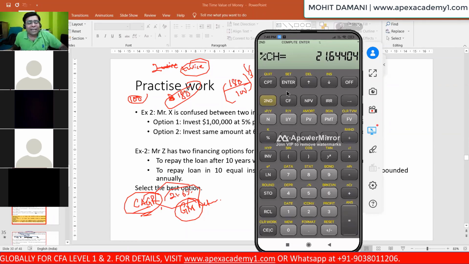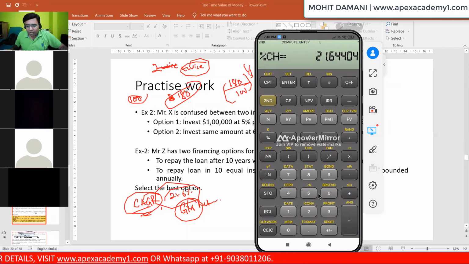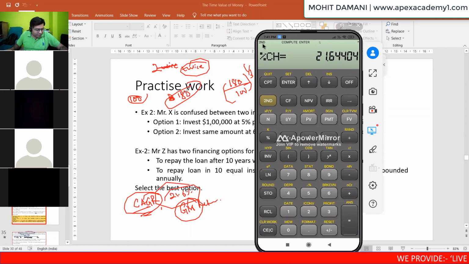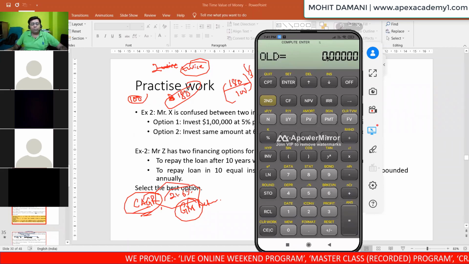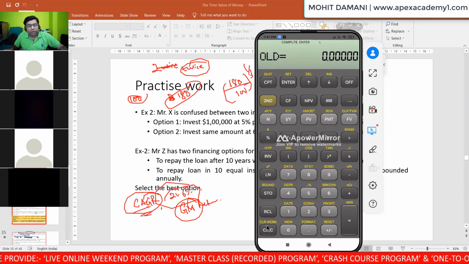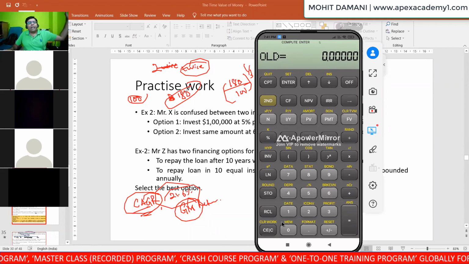If you want to clear any data, for all the functions that we are using over here, we have to clear the data, right? We cannot continue with old data. So above C by C, you see there is written CLR work. CLR work means clear work. I have already pressed second, and when you press second, you will see on your calculator screen that second is activated. Press C by C. See, all the data has been removed. This clear work works for the entire calculator